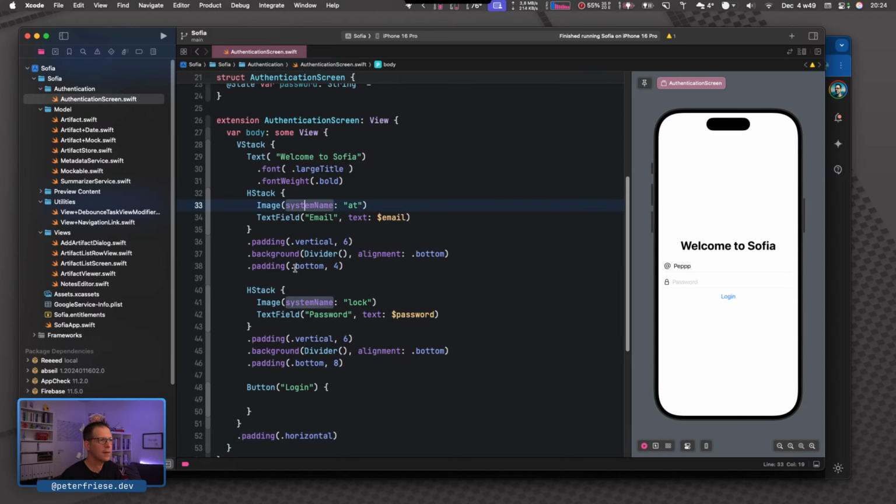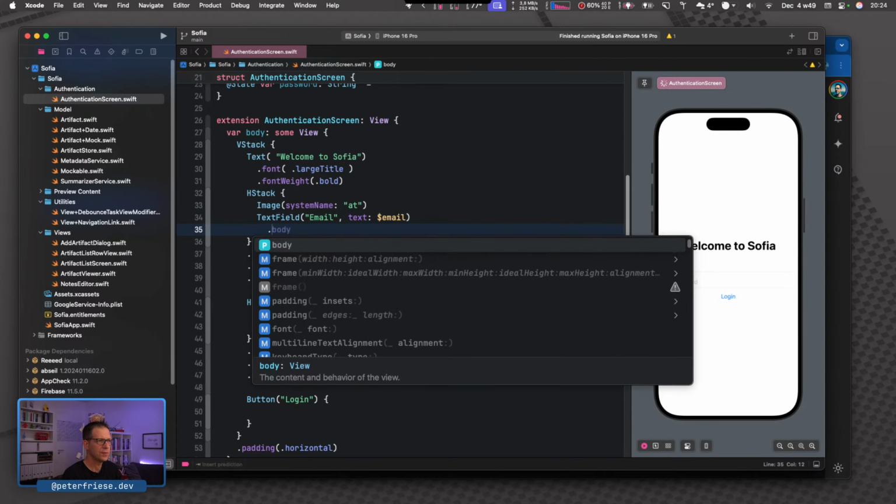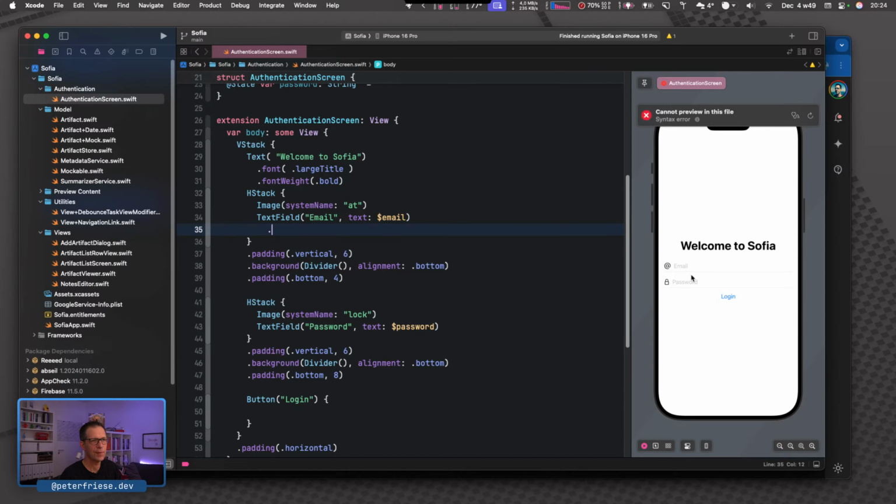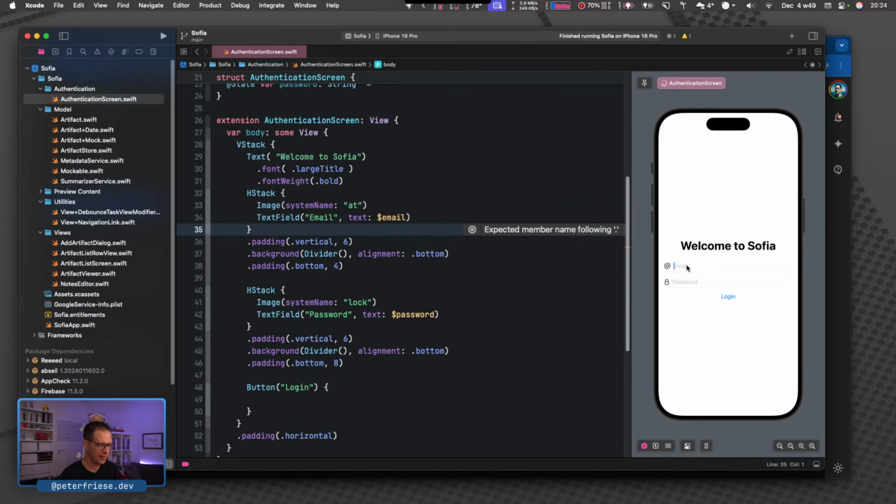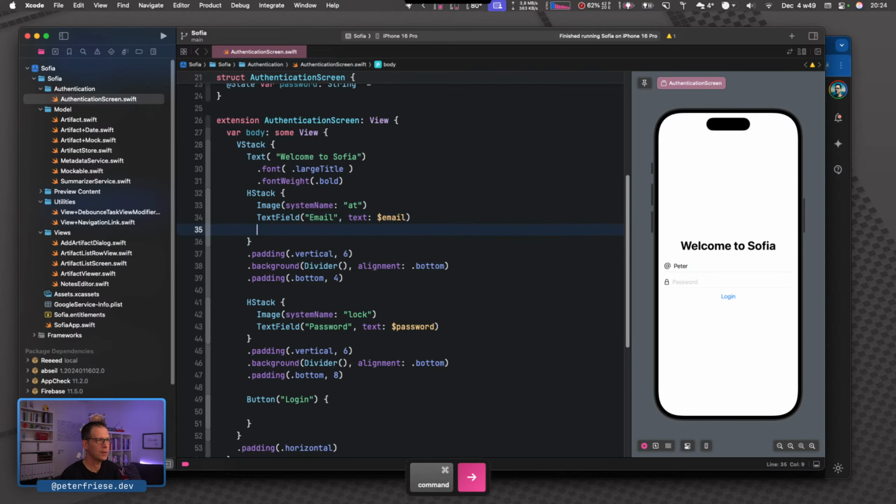Another thing that many people forget is to turn off the auto capitalization. That is why when I started to enter my email address, it auto capitalized the P. That is not what we want.